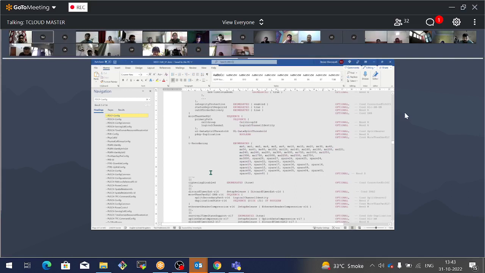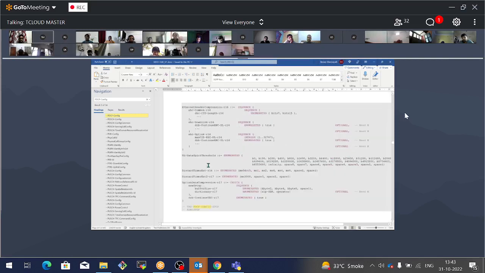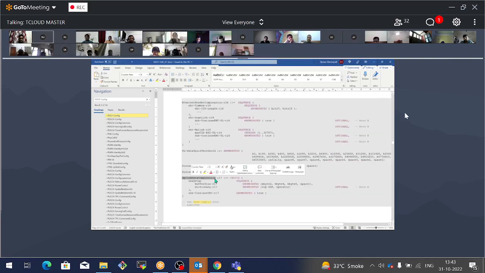what is the T reordering, and whether the ciphering is enabled or disabled, Ethernet header compression enabled or not, and if user data compression, uplink data compression, is enabled or not. If it is Ethernet header compression, the context IDs that we can create for it, how many context IDs you can create, etc., etc. So related to their operations,